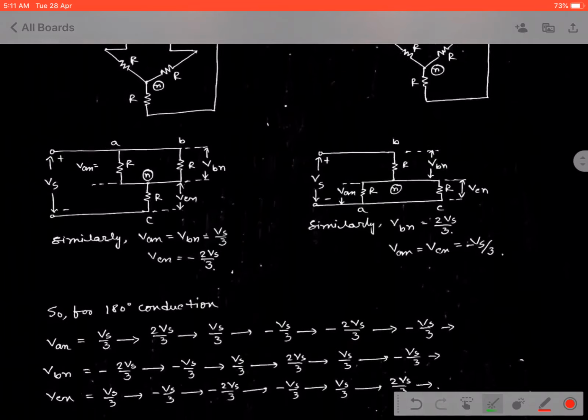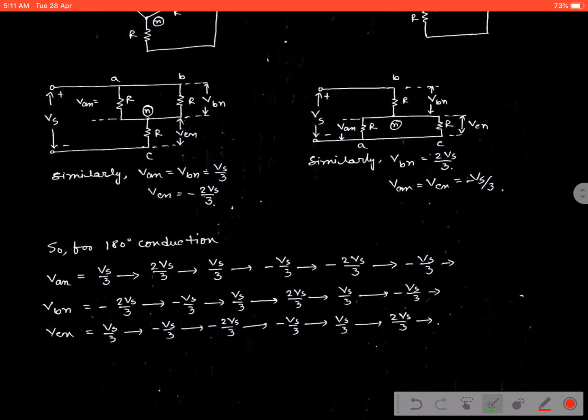So ultimately, considering the four mode operation, if we maintain the sequence of the voltage, then we can write the voltage in this sequence. VAN during 0 to 60 degree the value was Vs by 3, then 60 to 120 degree the value was 2Vs by 3, and 120 degree to 180 degree the value is Vs by 3, right, and then the value is minus Vs by 3. The next cycle or next mode operation should follow, that is minus 2Vs by 3 and